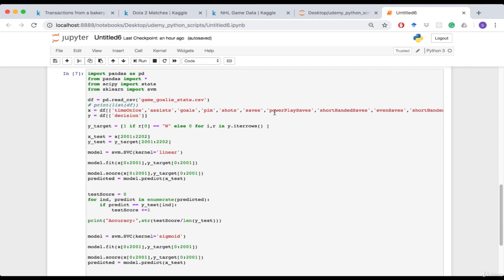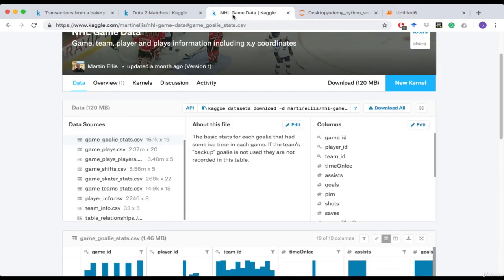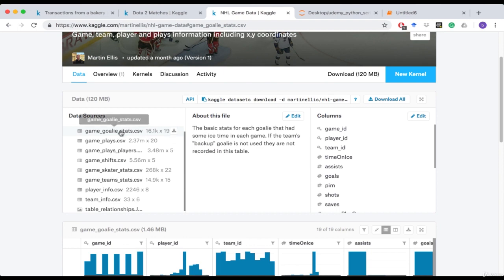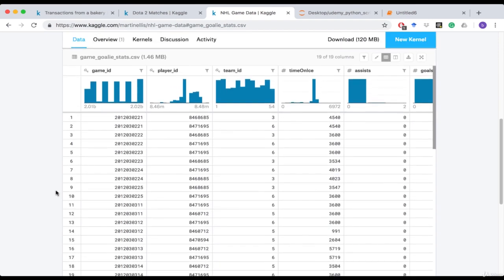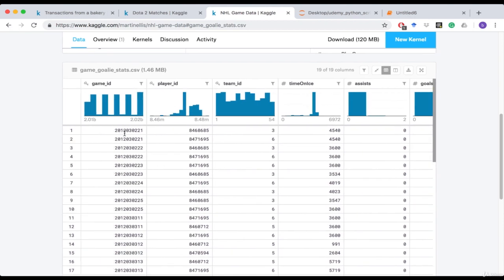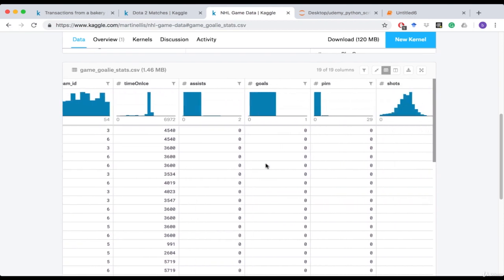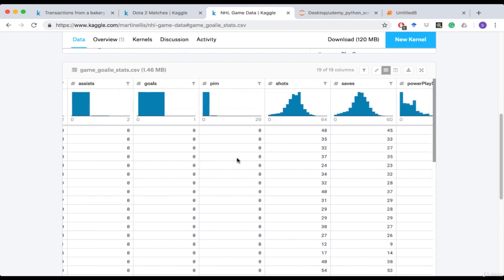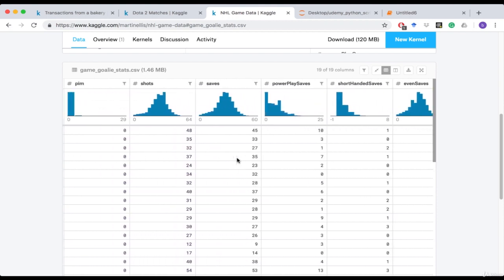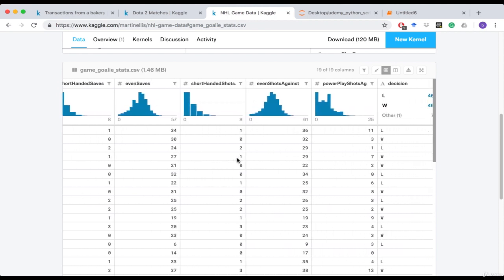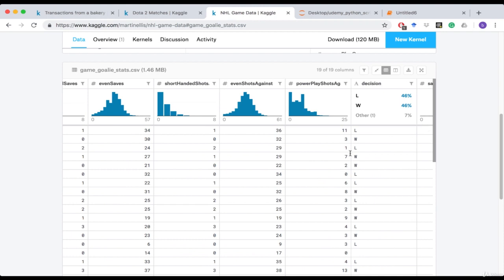So for this project, I found some data from Kaggle on NHL game data. I looked at goalie statistics in this set and looked at the information that they had there. They have information like per game and per player, per team, and so on and so forth. A bunch of statistics about that goalie and their game, like how many shots there were, how many saves they made, how many power play shots, as well as